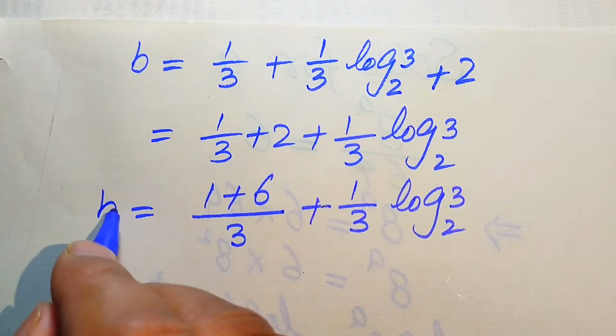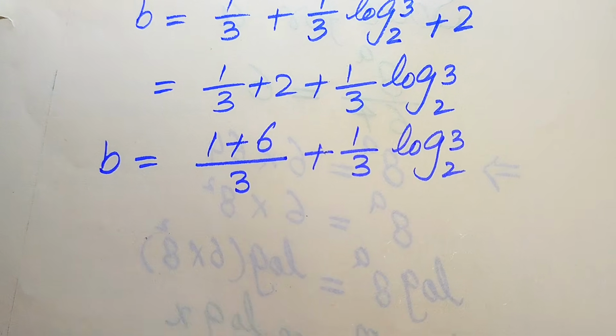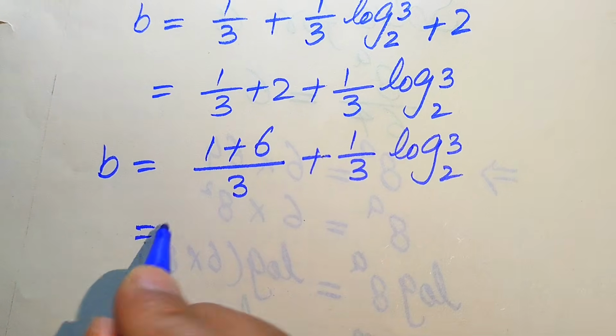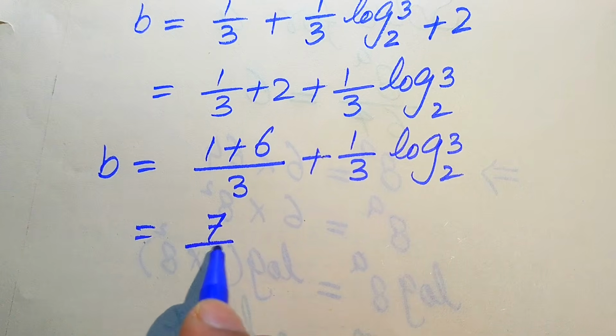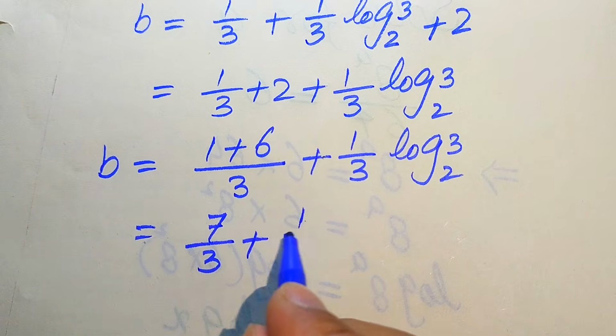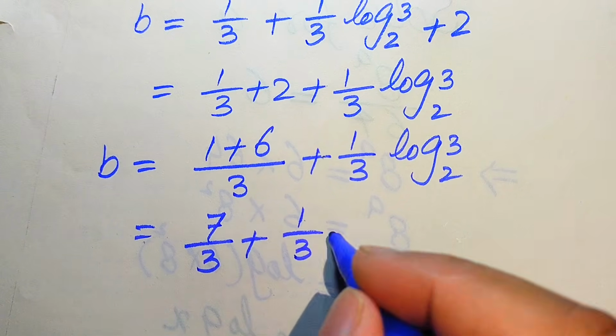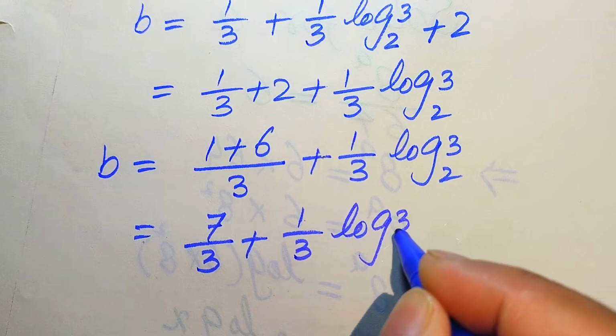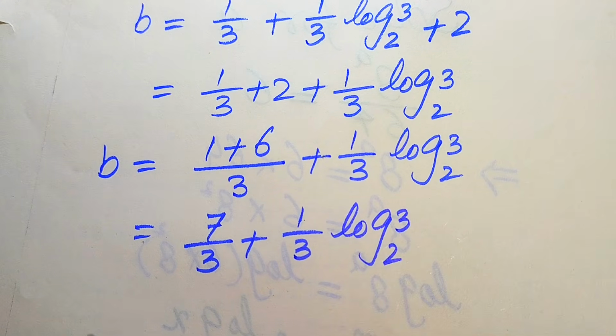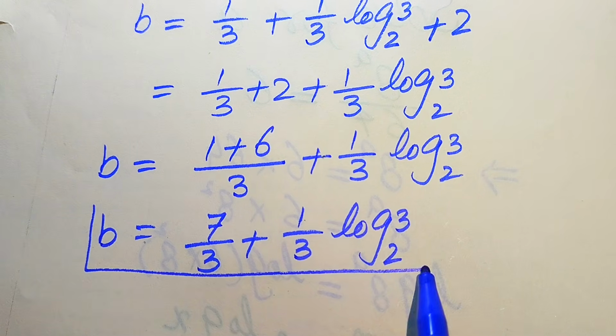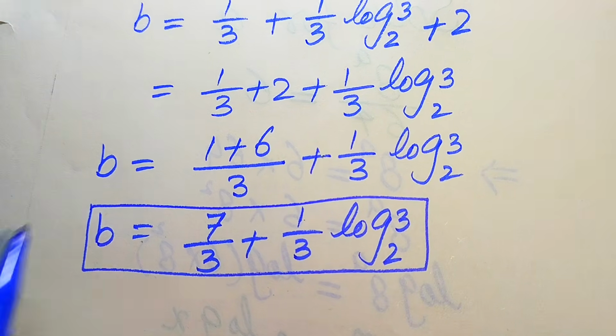3 with base 2. So this is the value of b which we get here, and now we have 1 plus 6 becomes 7 divided by 3 plus, from here we have 1 over 3 times of log of 3 with base 2. So this is the value of b which we get here in this method. And now in the next step,